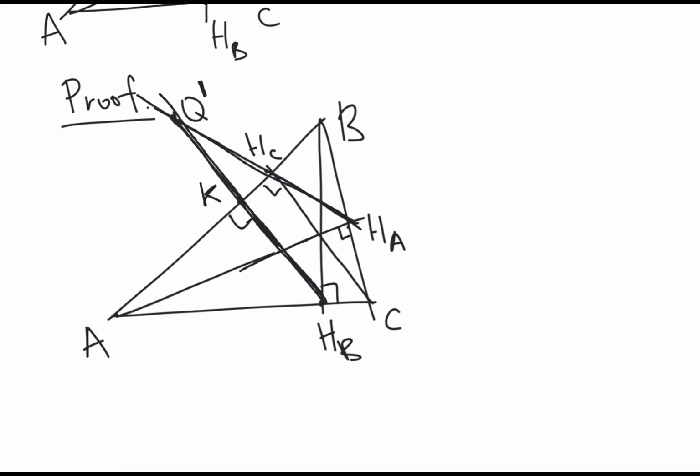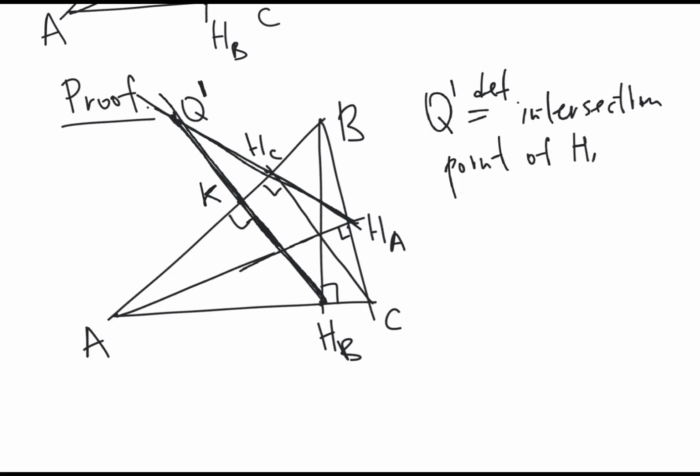So Q prime by definition, we define it as the intersection point of H_A H_C and H_B K. Right? And we will prove that it coincides with the point Q, and to prove that, it is enough